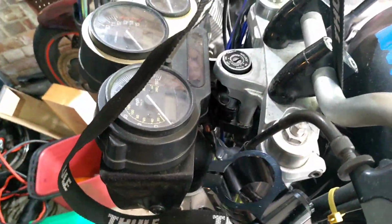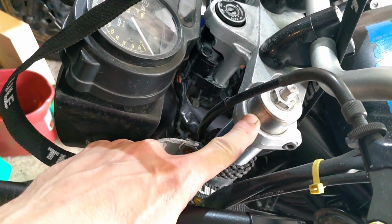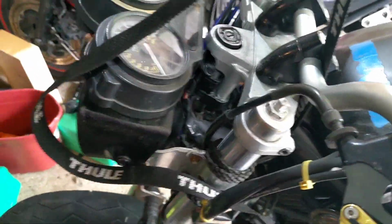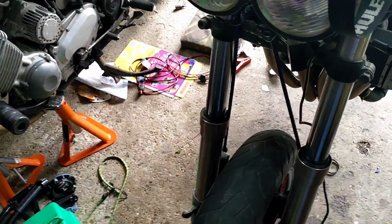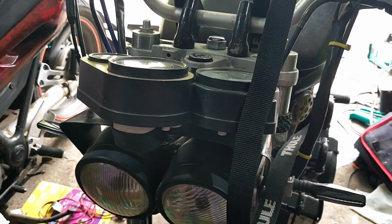Today what I want to do is my clip-ons and just chuck them on. Now height and everything else I've no idea. It is wedged up a little bit low at the front, so what I'm going to do, or what I plan to do, and I've slung it up, it's on its rear stand with the front wheel just off the ground. What I want to do is loosen everything off, transfer everything across,